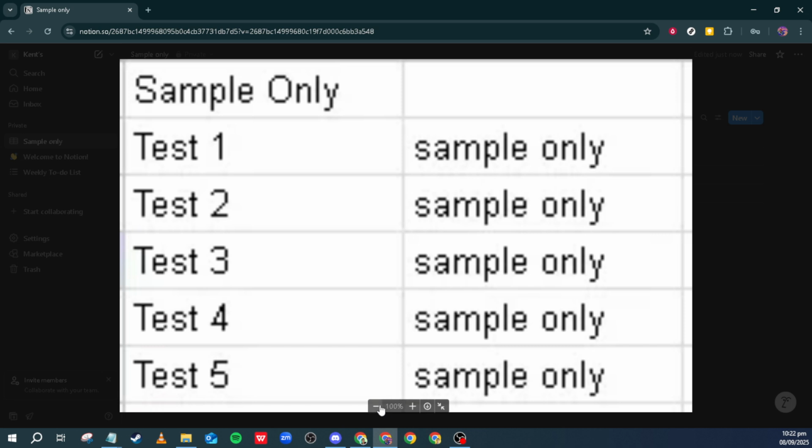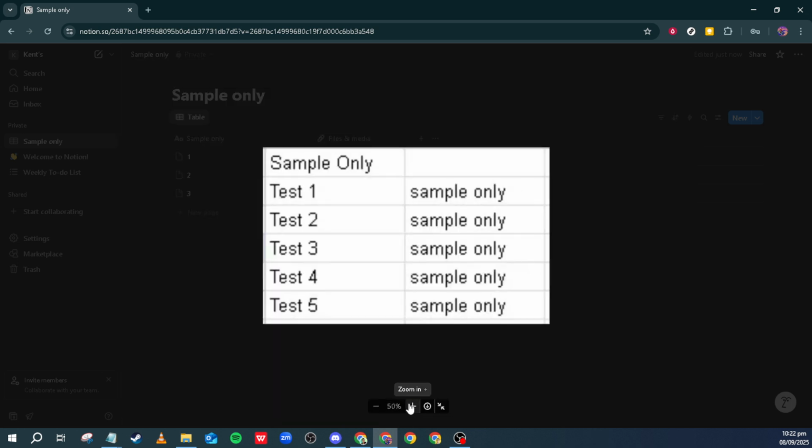Practice it a couple of times, and you'll be navigating Notion's features like a pro, utilizing images in tables to create